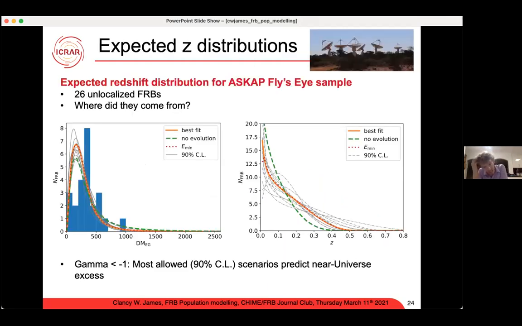Okay. Now, oh, wait a sec. Did I skip over something? No, I didn't. Oh, yeah. One thing I wanted to note is that when I mentioned this excess near, because it's steeper than -1, when you plot the ASKAP fly's eye sample and your expected redshift distribution, you generally get peaks that zoom up towards z of 0. This doesn't go infinite because it's not steeper than -1.5, but within the 90% systematics range, you do get fits that allow a downturn, so it is not excluded there. I just want to highlight that.